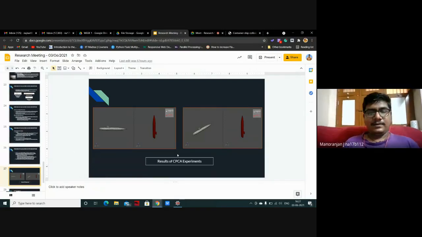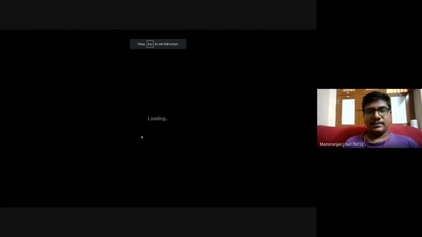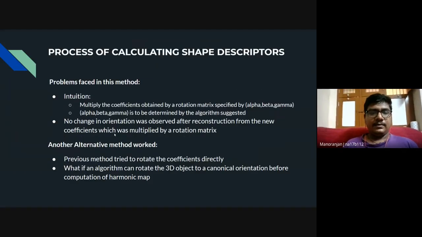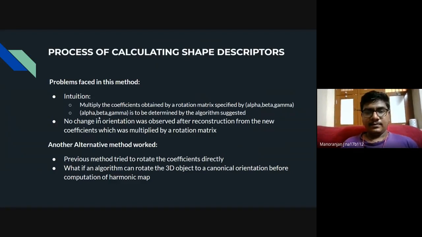Manu, you were talking about the CPCA method and the other method. What exactly is the difference, since both of them need the shape descriptors to be derived? In CPCA, we are trying to rotate the object even before computing the spherical harmonic coefficients. That's what we are doing in CPCA. But in the other method that we are discussing now, it actually computes the canonical orientation after we get the coefficients, and then we determine the rotation to be done.